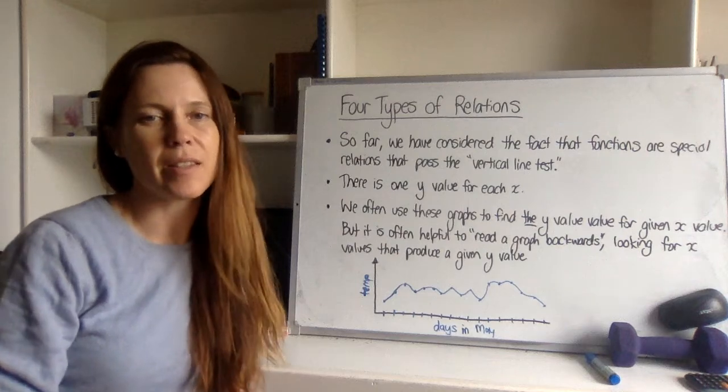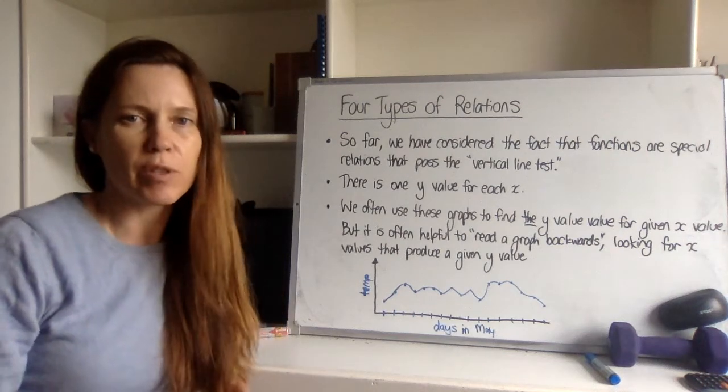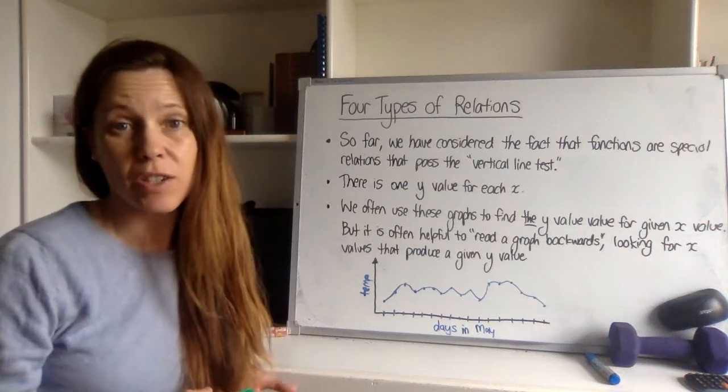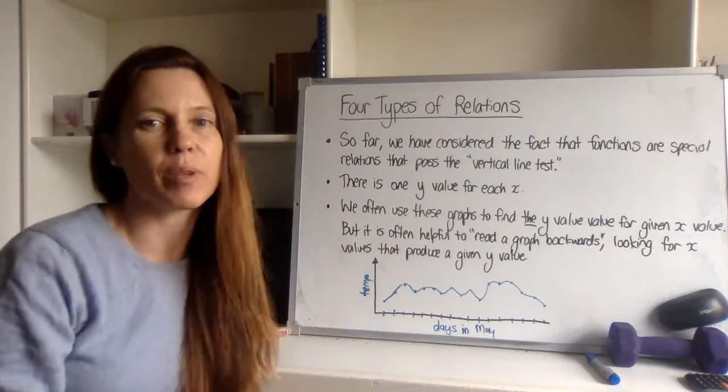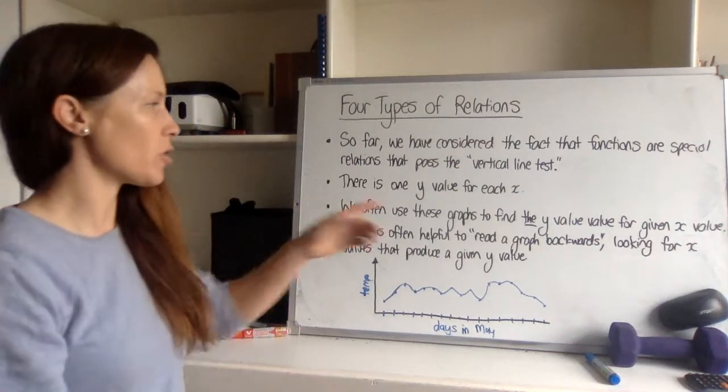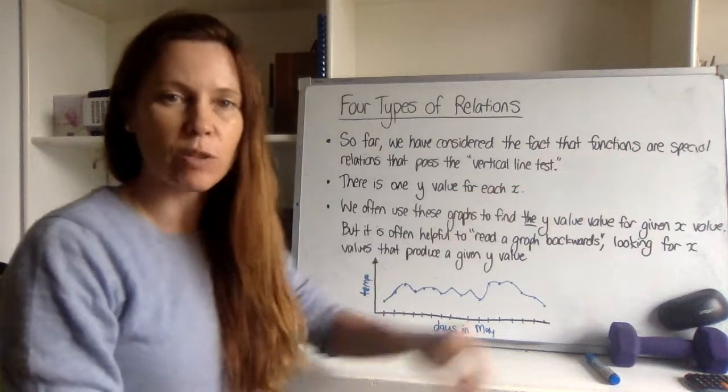This next exercise is quite simple really. We're just looking at 4 different types of relations. Now we know that a relation is any relationship between x and y values that we can plot on a Cartesian plane. But for something to be considered a function, we say that functions are a special type of relation